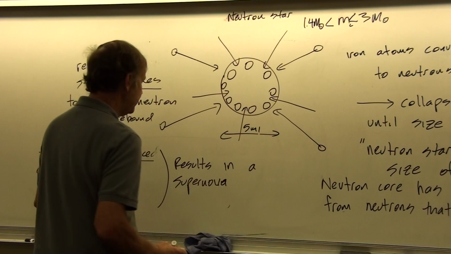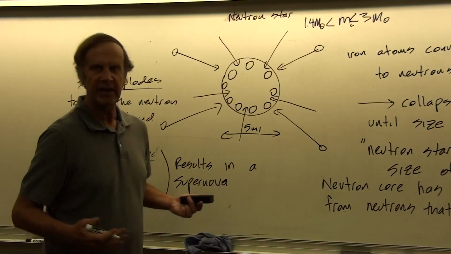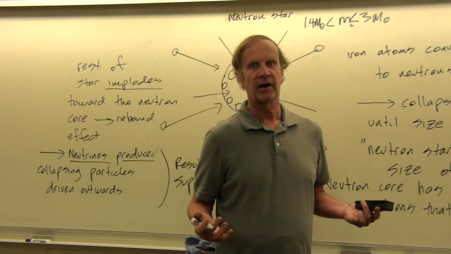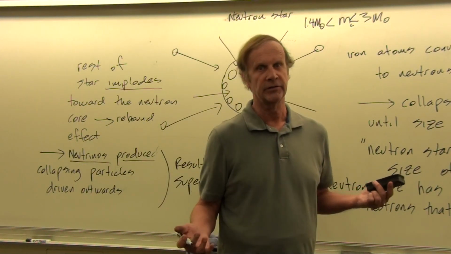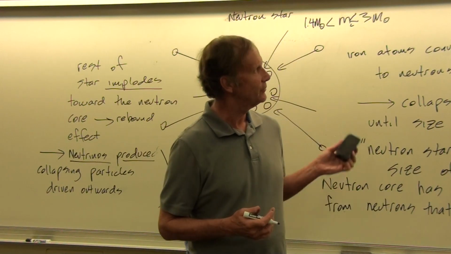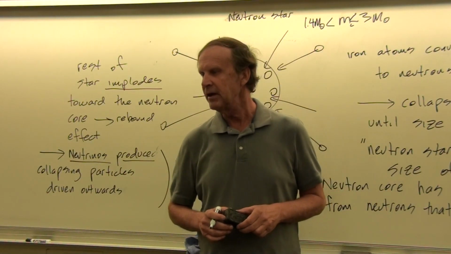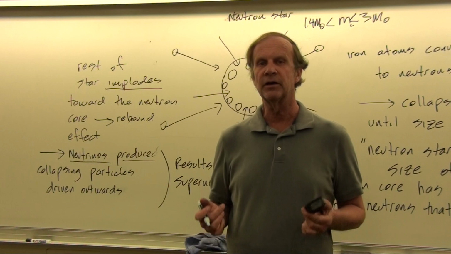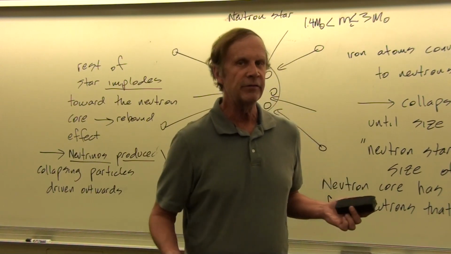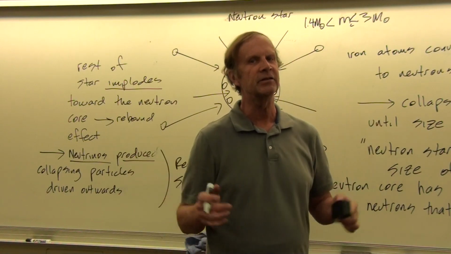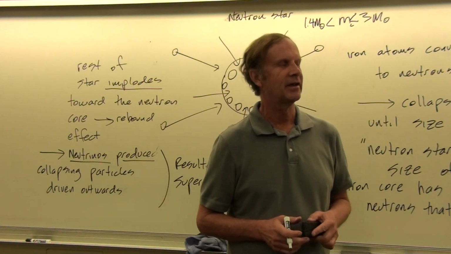Now, supernova explosions are gigantic explosions. If our sun went supernova, and it won't because, as we saw, it doesn't have enough mass to do that, but if it did, not only would the Earth be destroyed, the Earth would be vaporized. You wouldn't be able to find any of it anymore. It would be completely turned into just atoms.